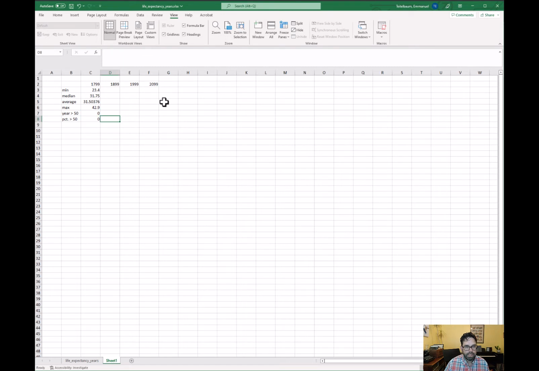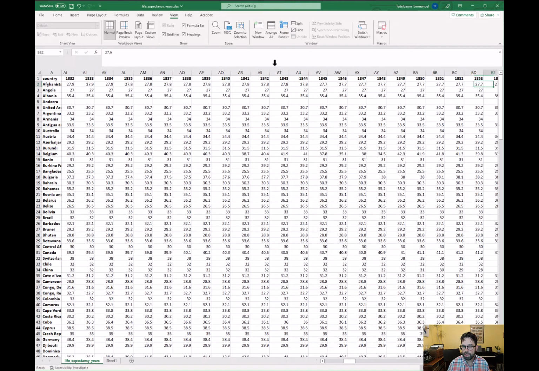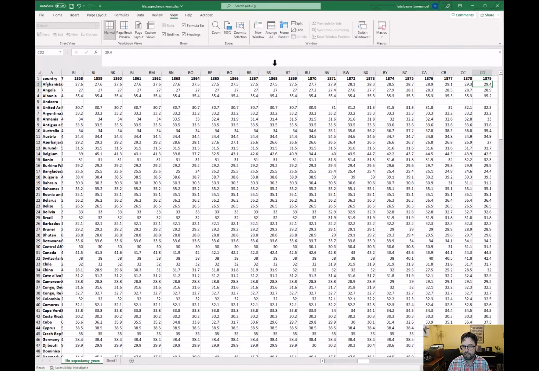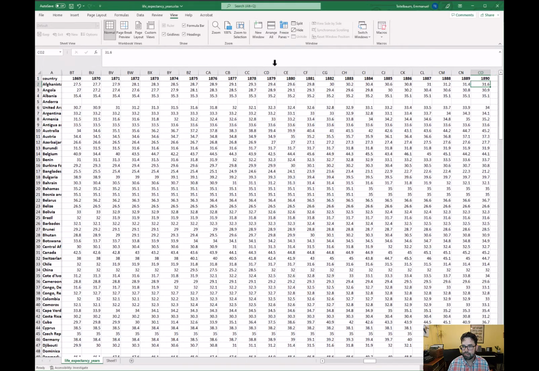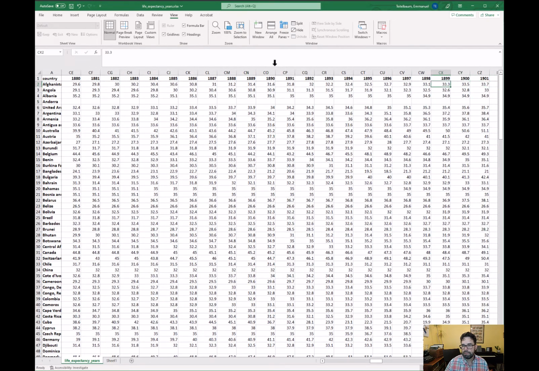Okay, so that's 1799. So now we're going to do the same thing for 1899, 1999, and 2099. And what we have to do in order to do that is to get the cell references for those years. So we'll go back over here to the spreadsheet, and we'll fast forward here to 1899. And the cell reference for 1899 is CX. Okay, CX is going to be CX2 through